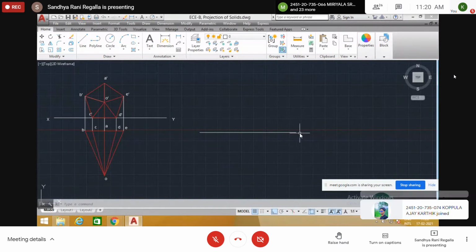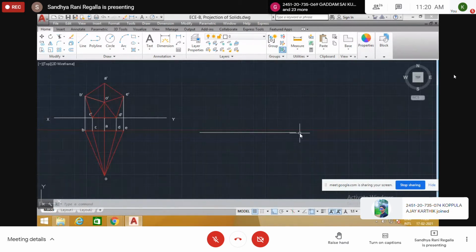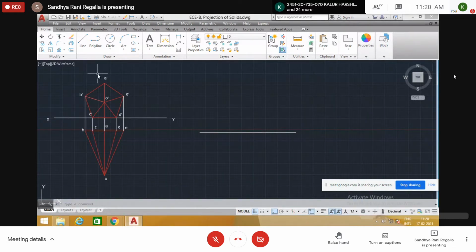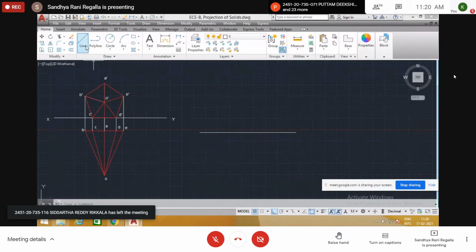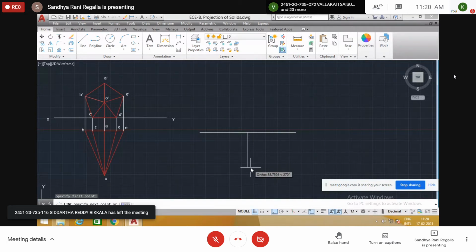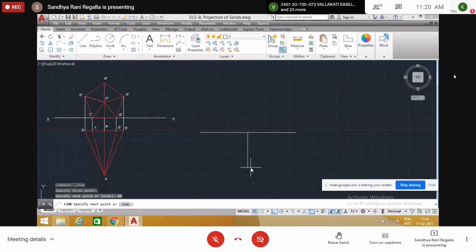Where do we get the true shape of the base? Top view. In top view, we get the true shape of the base.